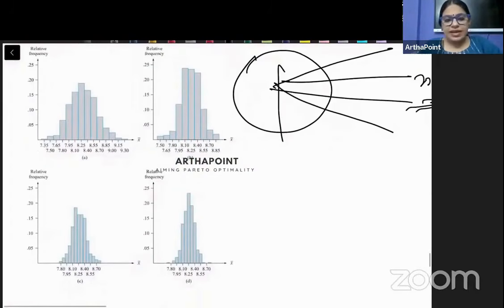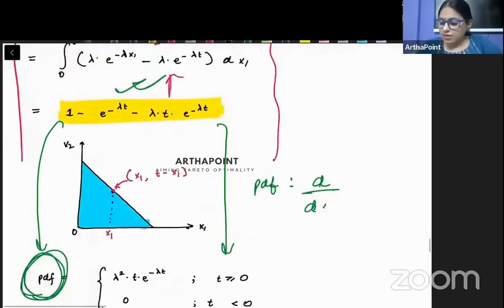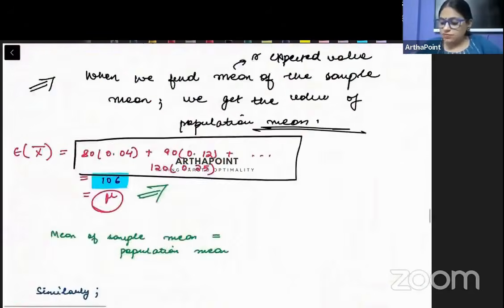So this is our diagram which is given in the book. If you see this diagram, it's very interesting to understand that as you increase the sample size, you will notice that you will have better answers. You will be approaching the value of the population. And as you increase the number of samples, beta, if you just look here,